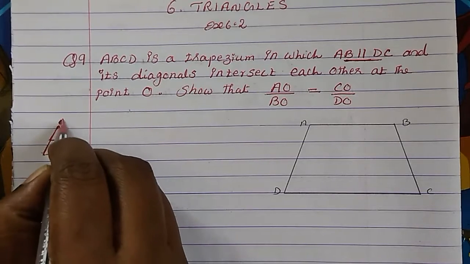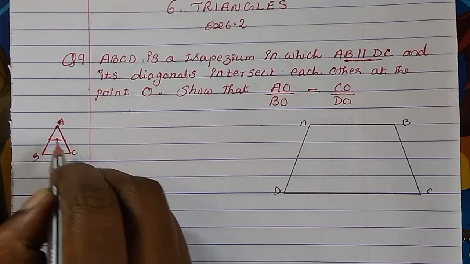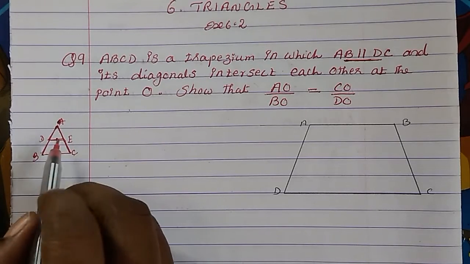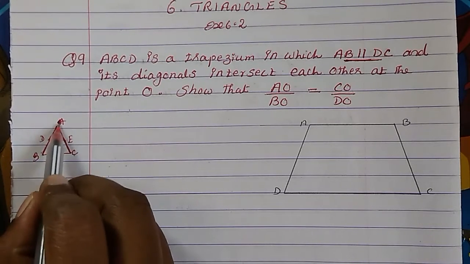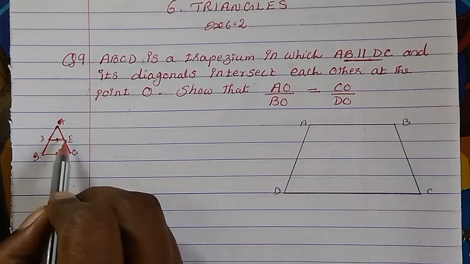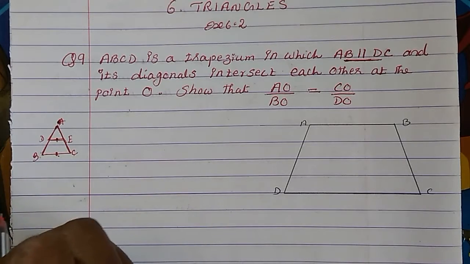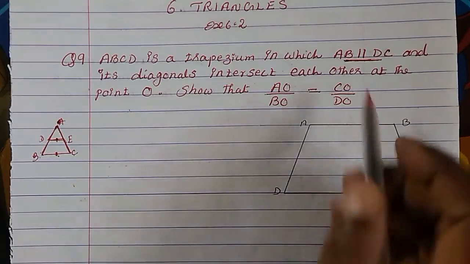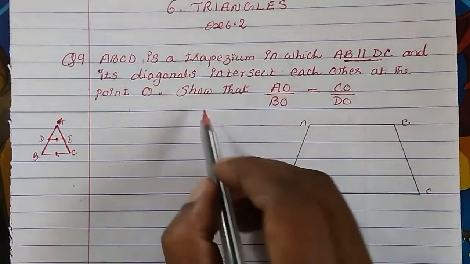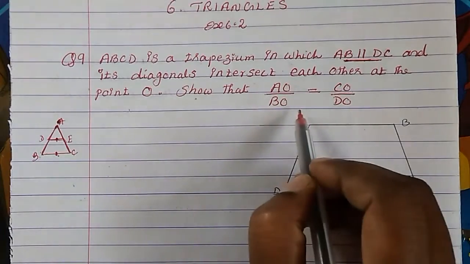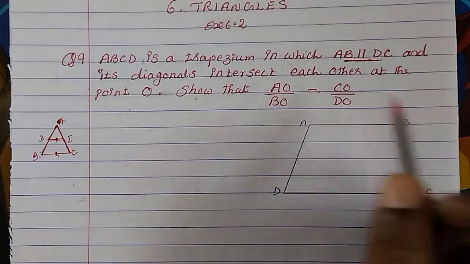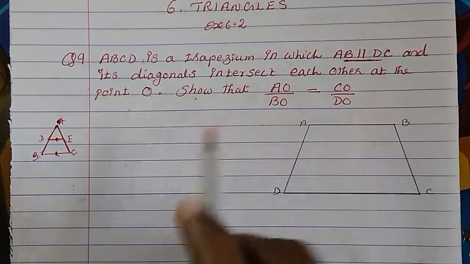Okay, if this is triangle ABC, and if DE is parallel to BC, then AD upon DB will be equal to AE upon AC. So we prove the ratio when the line is parallel. Here it is given the line is parallel, so what we have to prove? The ratio. That means we only have to use the basic proportionality theorem. So first of all, we have to construct, let us see.